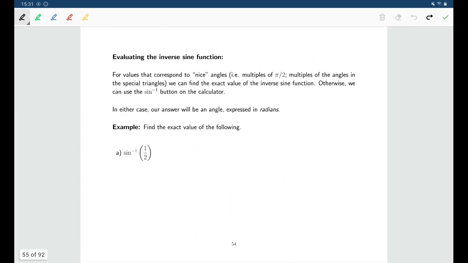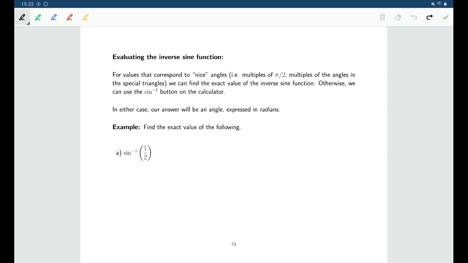Now, for most of the nice values of our trig functions, the ones that we saw that corresponded to our usual angles, 30, 45, 60, 90, and multiples of them, we can use those special triangles just as we did before to find values for inverse trig functions. And of course, the way that this will work will be easiest if you're really good at already calculating your